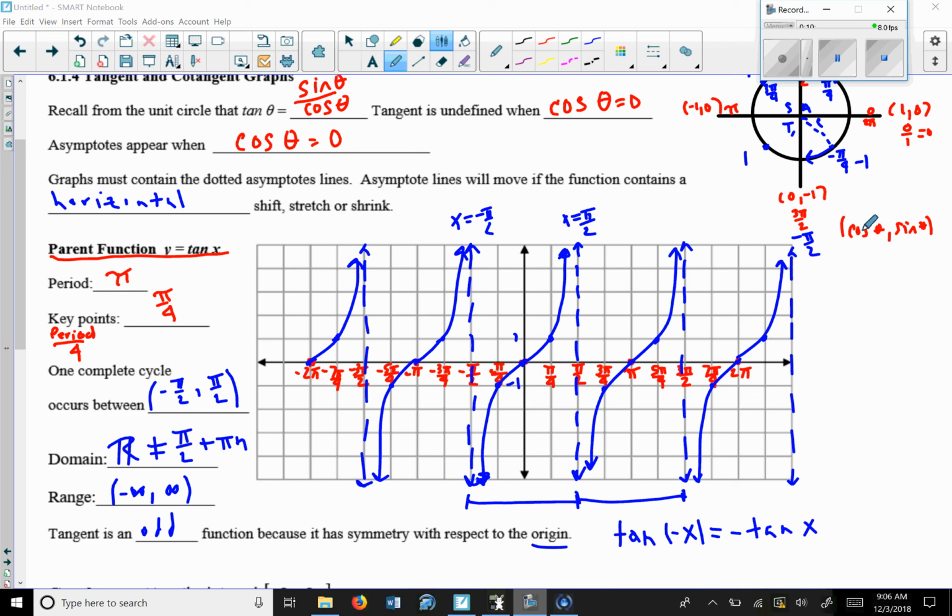Another thing that we want to keep in mind for the tangent, since our period is pi, when we are finding our b value, our new equation would be b times the period is now equal to pi. So to find the period, if you're given an equation, it would be pi over your b value. To find the b value from a graph, it would be pi divided by the